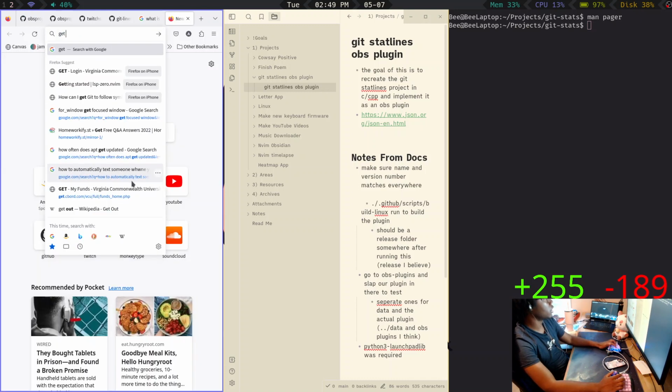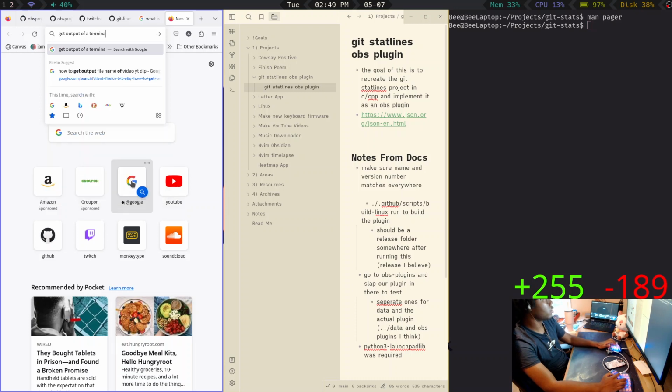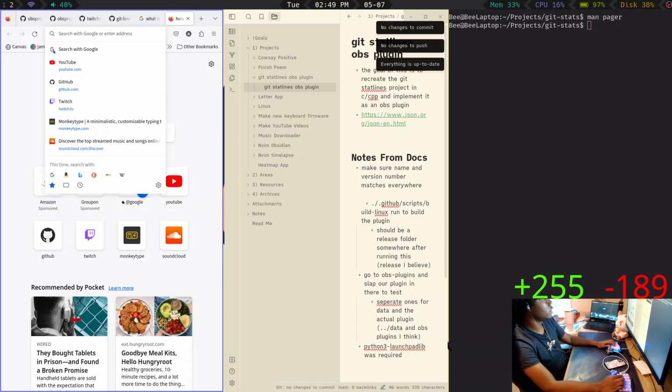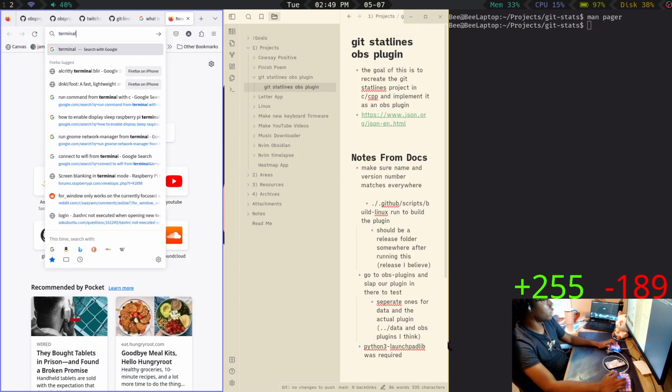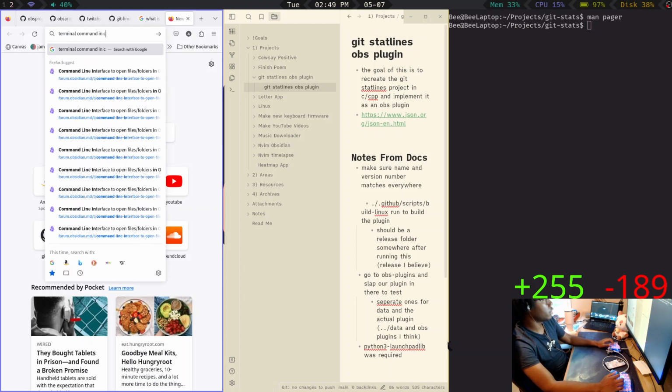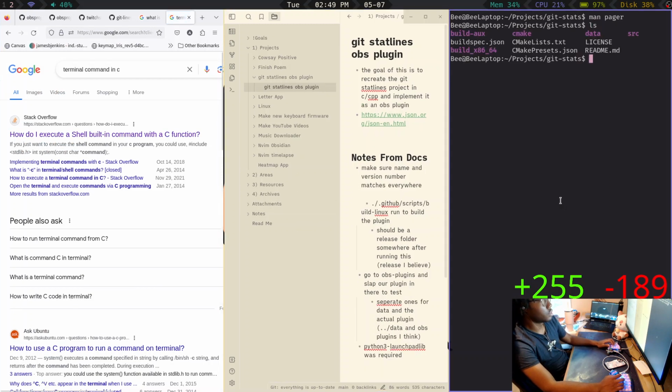So, new thing, get output of a terminal command in C. How do you do that? So what I'm gonna do is I'm just gonna make test.